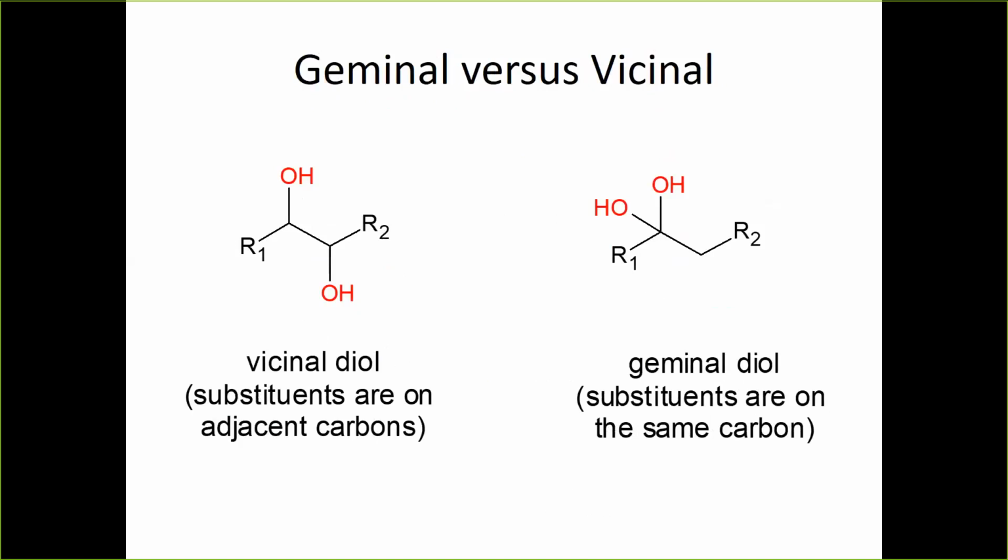atoms. So if you look on the far left, you see what's called a vicinal diol, and vicinal means that they're neighbors, they're vecinos, they're right next to each other, one on one carbon, one on the carbon next to it. As opposed to geminal, think like Gemini, like twins. They're on the same carbon. So if you have them on adjoining carbons, it's called a vicinal relationship, as opposed to if they're on the same carbon, it's called a geminal.